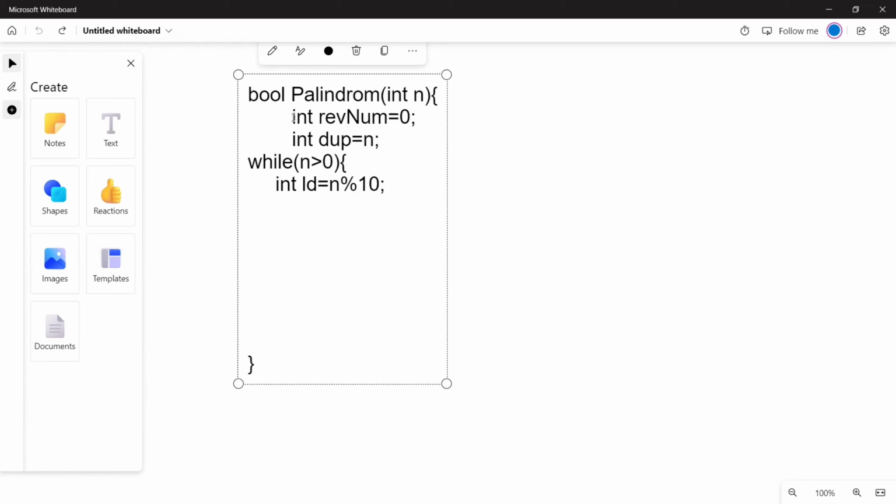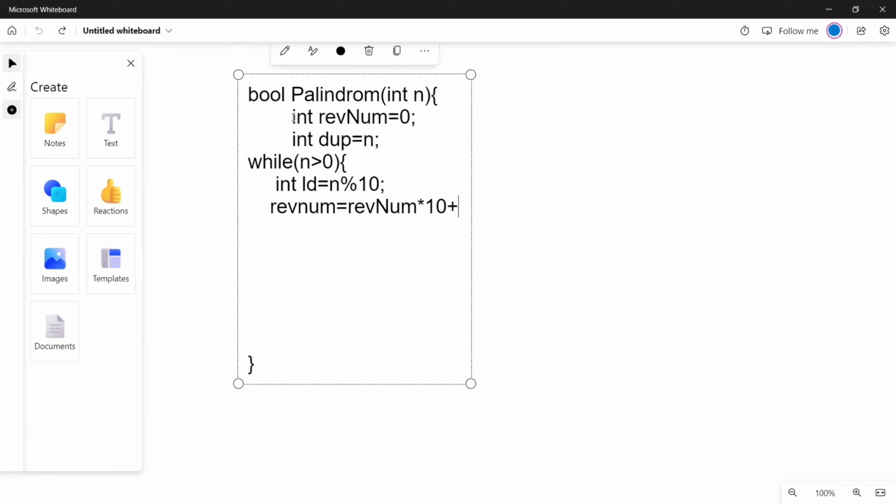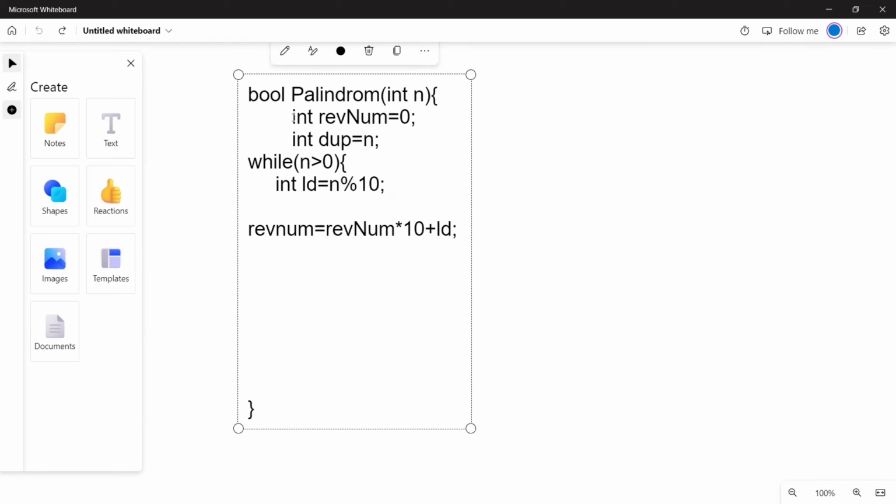After that, we assign the value: reverse num equal to reverse num into 10 plus last digit, and trim down the number, n equal to n divided by 10.